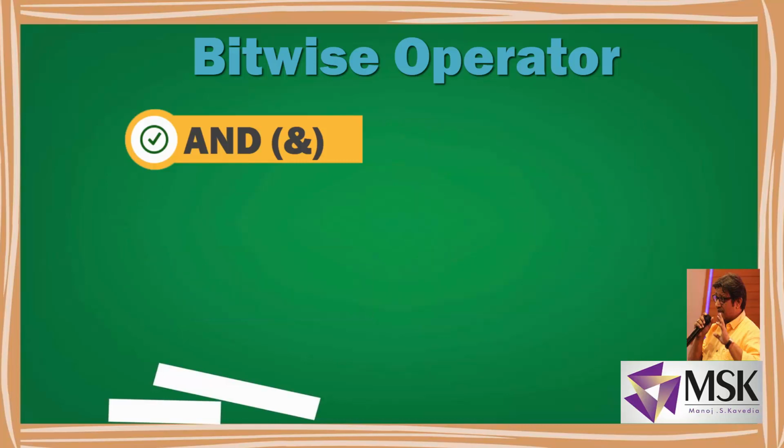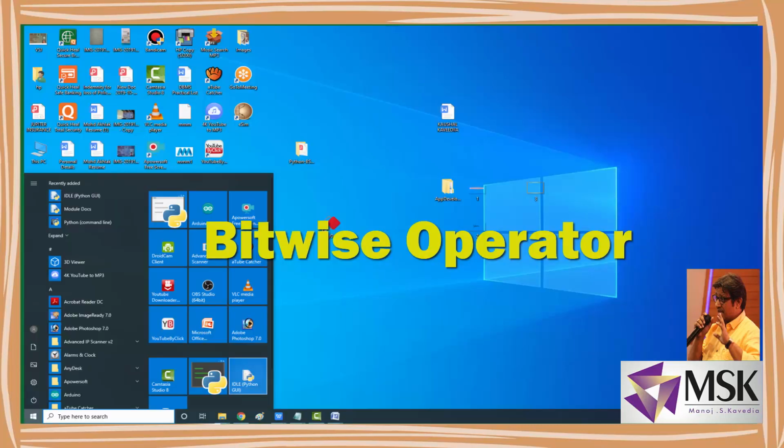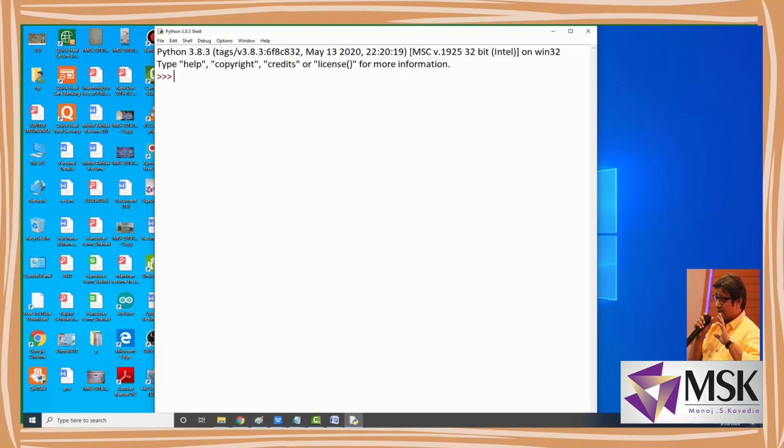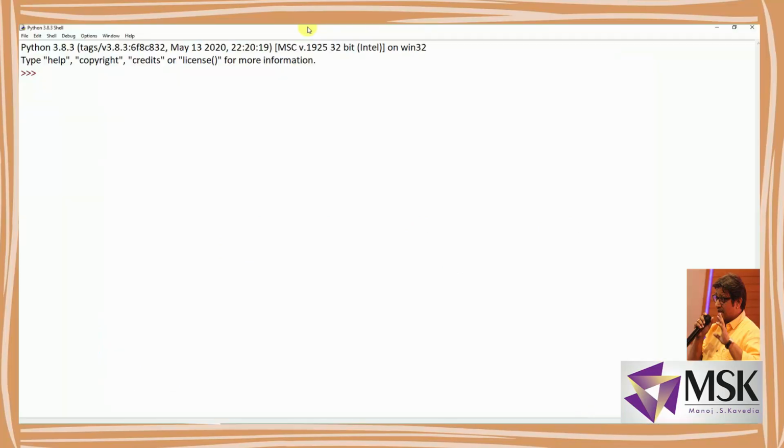So as the name says, the operation is being performed bit by bit. Now let's see the demonstration of bitwise operator. Here I'm defining num1 equal to 7, num2 equal to 5. Here I'll write hash 0101, that is the 4-bit equivalent of this 5.